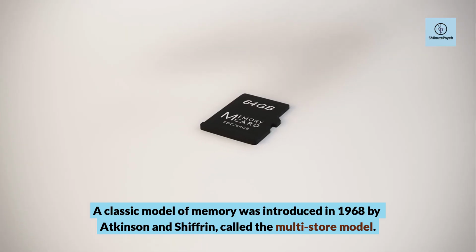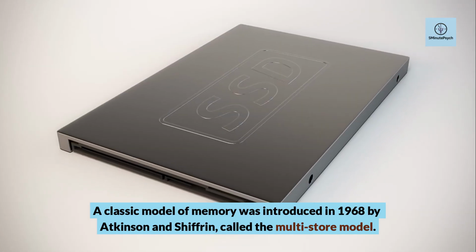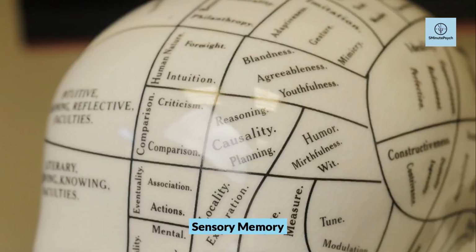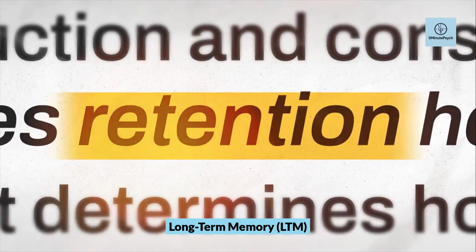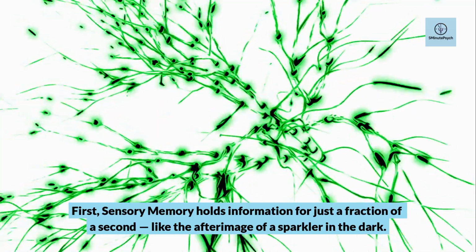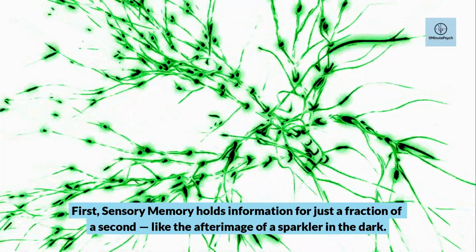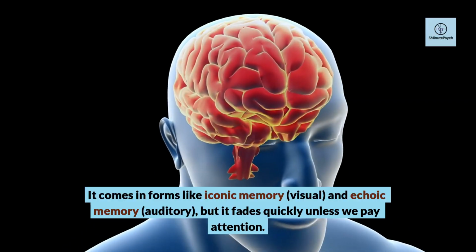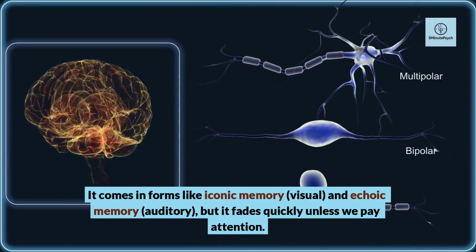A classic model of memory was introduced in 1968 by Atkinson and Shiffrin, called the multi-store model. They proposed three types of memory: sensory memory, short-term memory (STM), and long-term memory (LTM). First, sensory memory holds information for just a fraction of a second, like the afterimage of a sparkler in the dark. It comes in forms like iconic memory (visual) and echoic memory (auditory), but it fades quickly unless we pay